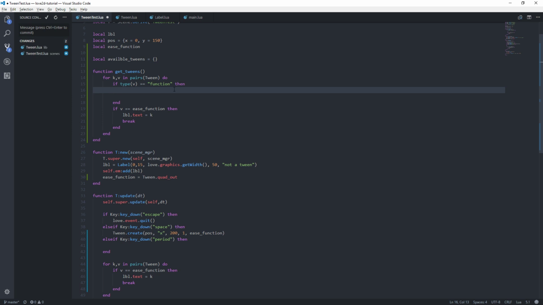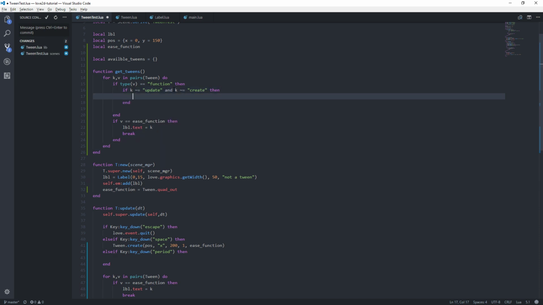Then we want to say if the key is not equal to update and the key is not equal to the other one, which was create. So right now we only have those two in there. So if that's the case,